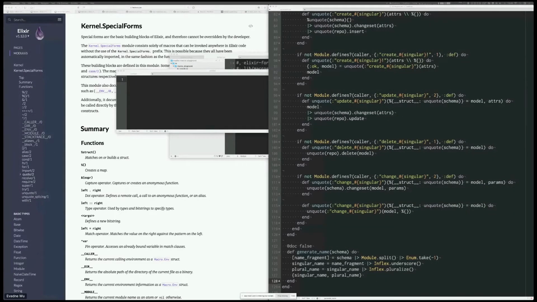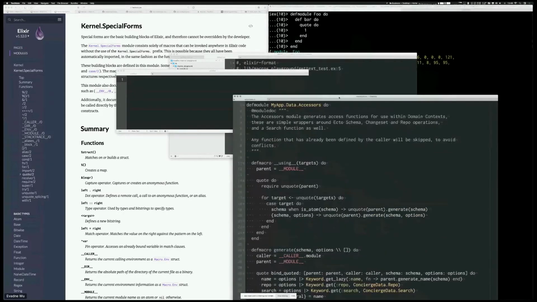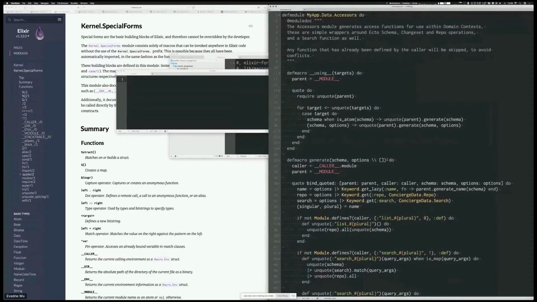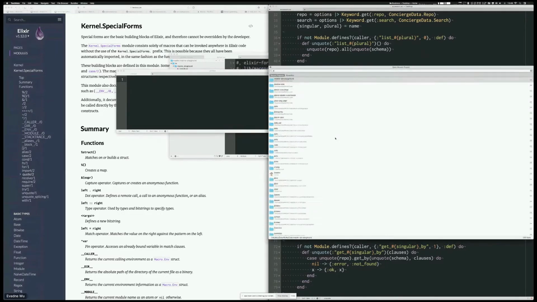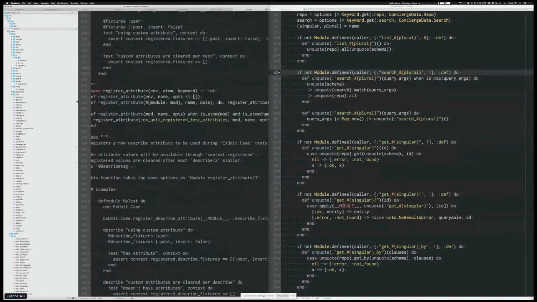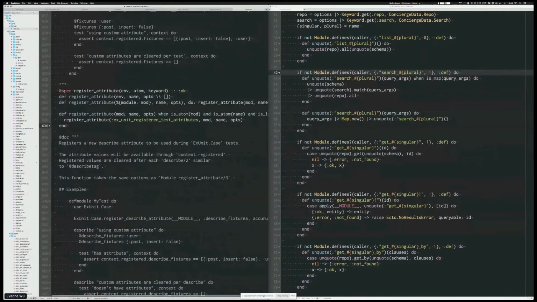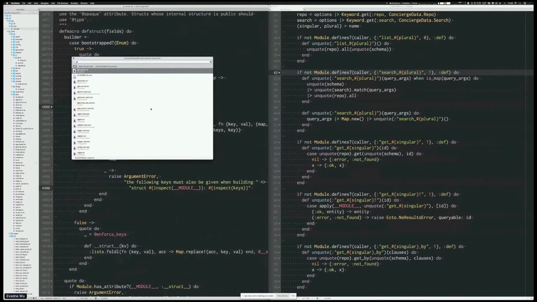All right. So this is one way of using metaprogramming. And I did say that detecting whether a function has been defined and then defining it right away is one way of doing it. But actually, there is another way of doing it. And this happens, for example, if you're writing a library, and for some reason, you want a library to do certain things, but only in certain cases. So in Elixir, for example, in the Elixir source,